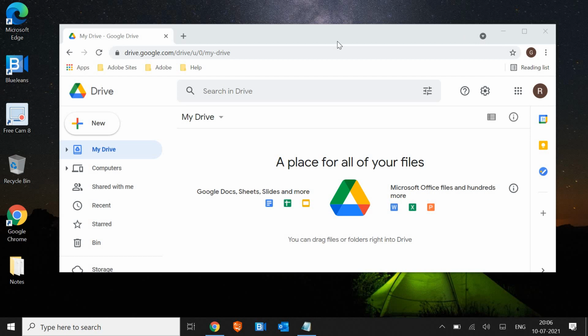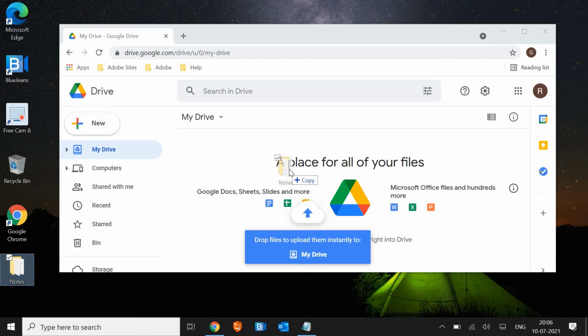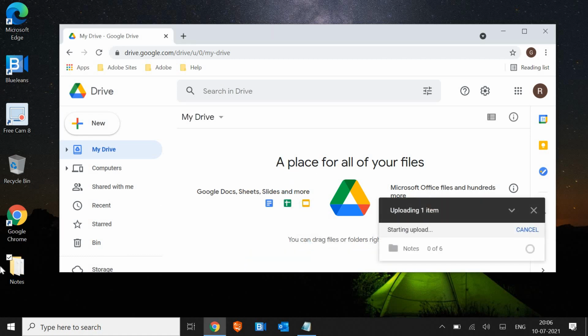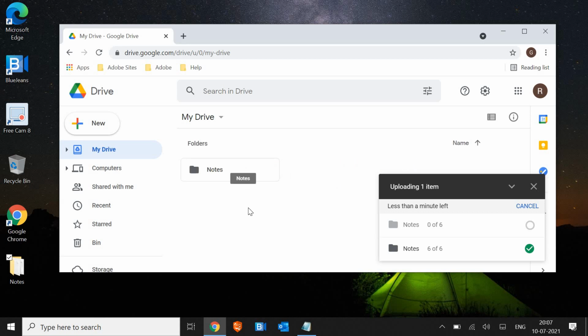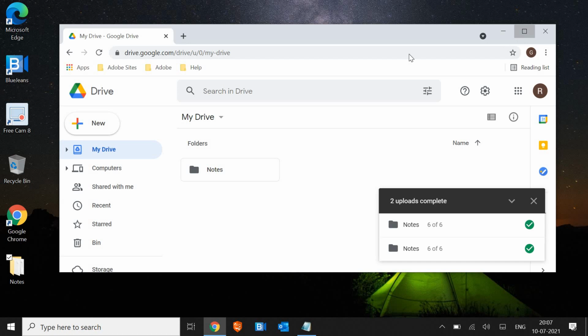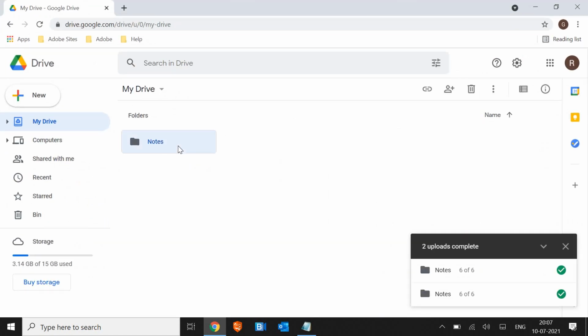Once you minimize your window, you just have to drag and drop like this. So I have this notes folder and it will start uploading the data to my drive, and then I can maximize it. And if you see, I have just selected it, I can create a link if I want to share